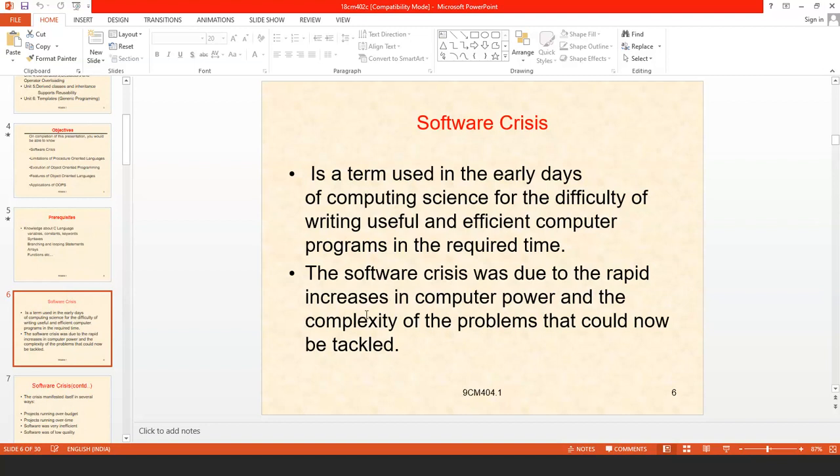The computer has to complete that particular complex problem and solve it. So as there is a rapid increase in computer power and the complexity of the problems, the software crisis arose.